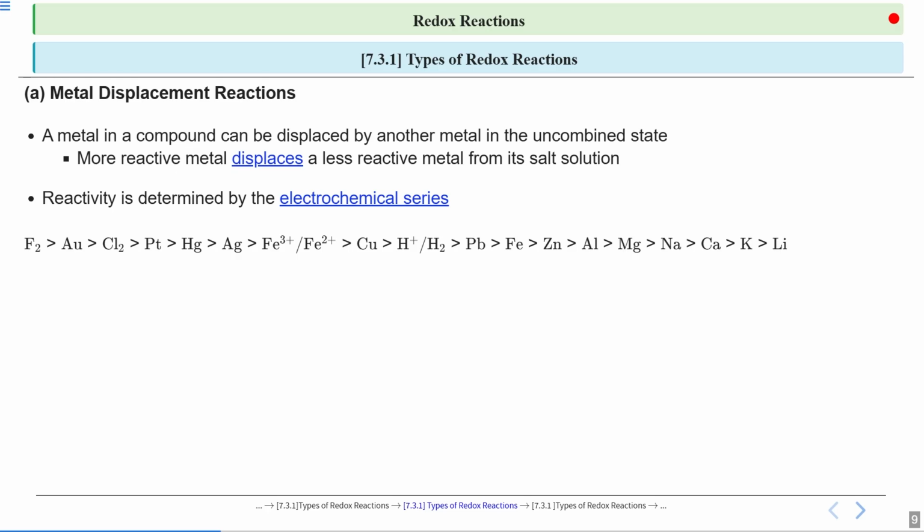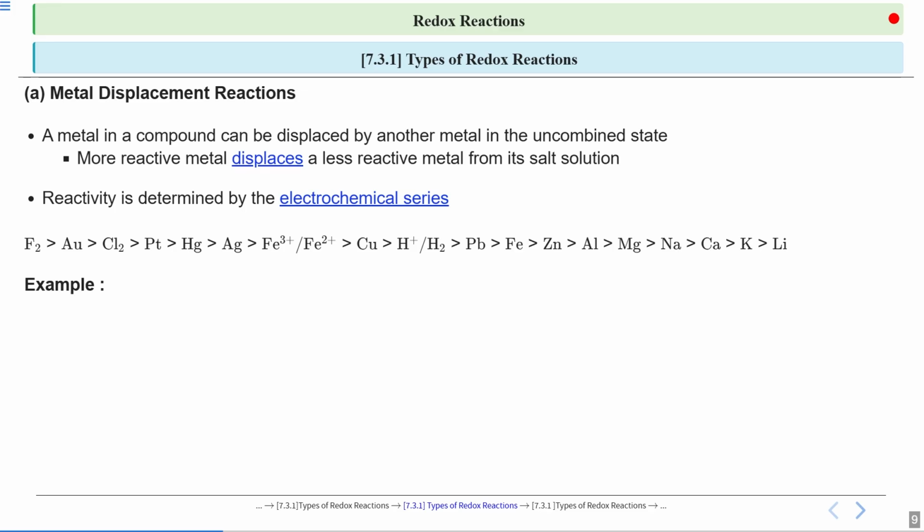One most important point I would like to mention here is that you can see the elements written over here in a decreasing order. But how have we made this order? This order has been made on the basis of standard reduction potential, and with these standard reduction potential values, they are aligned in this manner only. You will study this reduction potential in the upcoming classes or in higher standards. On the basis of this series, you will find that fluorine is more reactive than chlorine, then mercury, then iron, copper, lead, then zinc, aluminium, and so on.